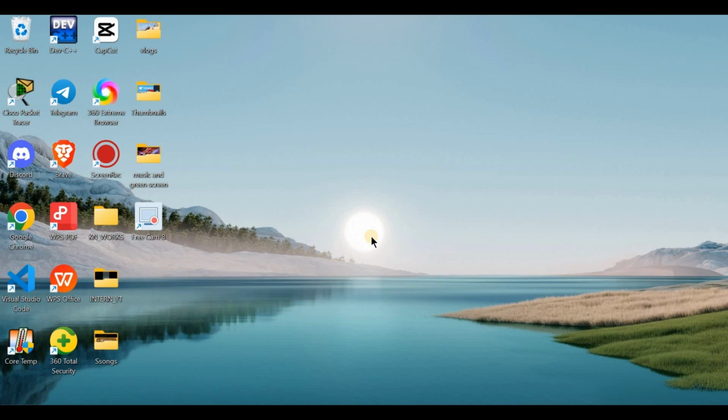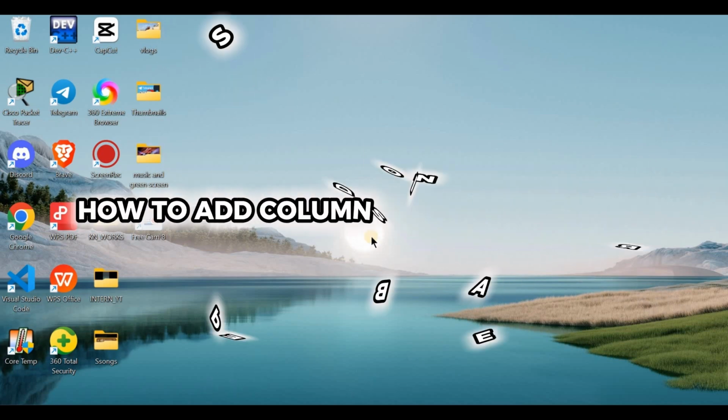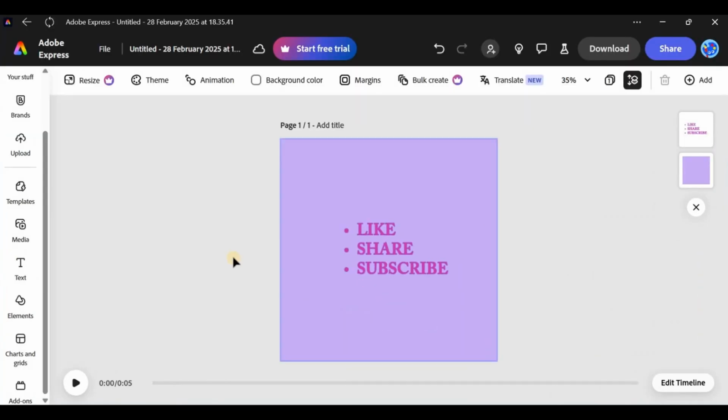Hello Adobe Express users, want to add a professional touch to your designs with columns? Let me show you how to add columns in just a few simple steps. Let's go. Start by opening the Adobe Express app and either create a new project or open an existing design